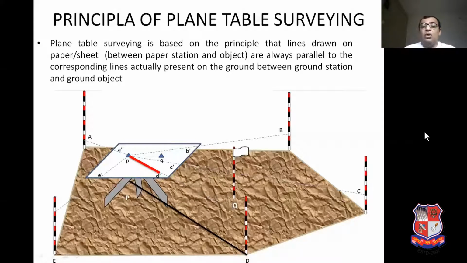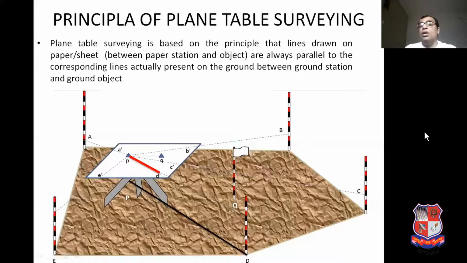So on the ground, you can see the black line, that is the ground line between the ground station P and the ground object capital D. Now you see on the paper, one red line is shown, that is the line joining the small p and small d dash. So small p represents the capital P of the ground and small d dash represents the capital